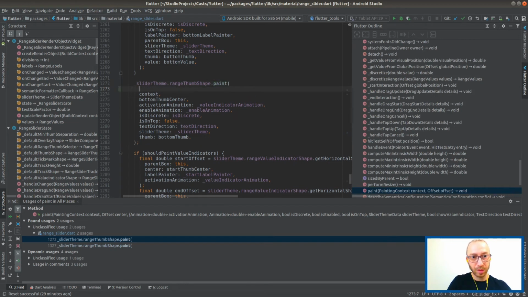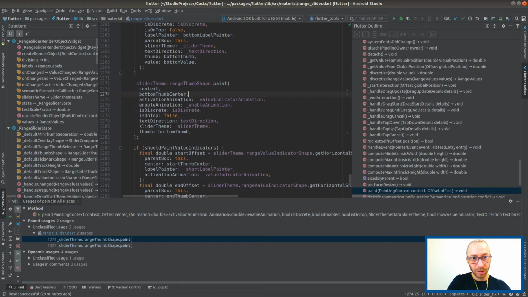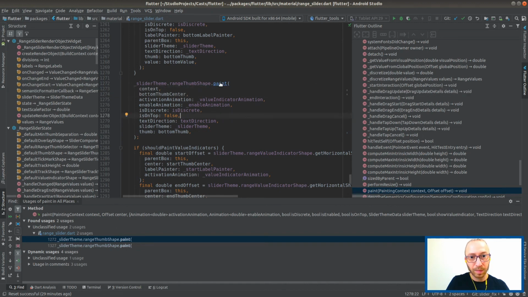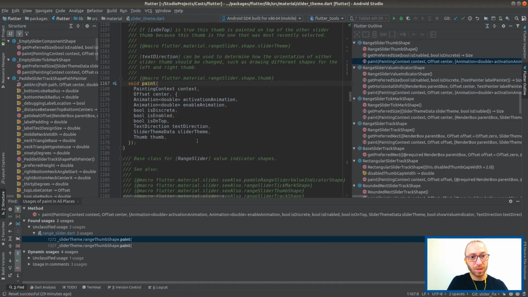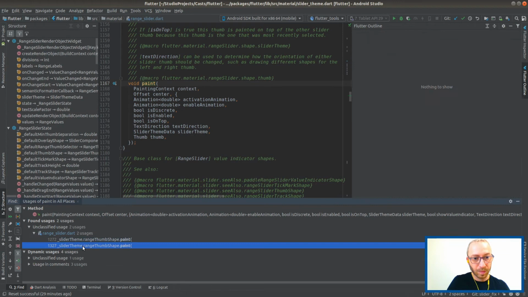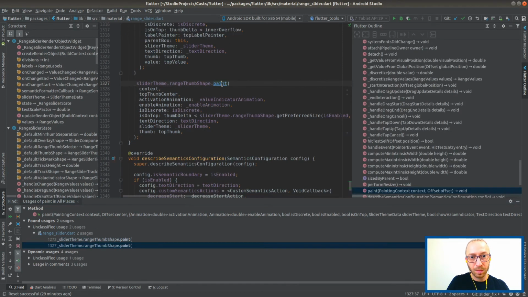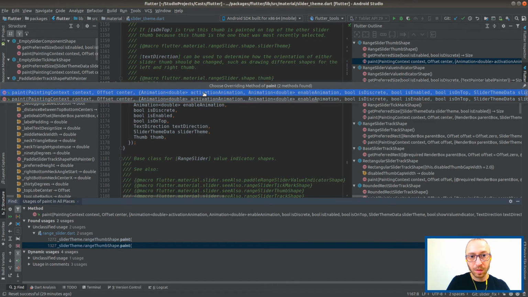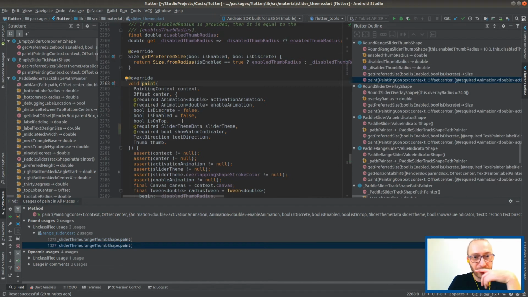Our theme is on top. I think I'm missing something. It doesn't feel like it's the same paint, because it is not. This one? No? It's weird. Oh yeah, we changed it, now I get it.